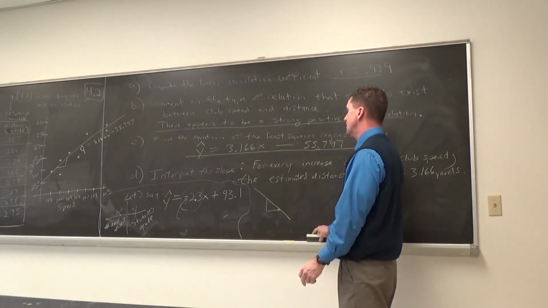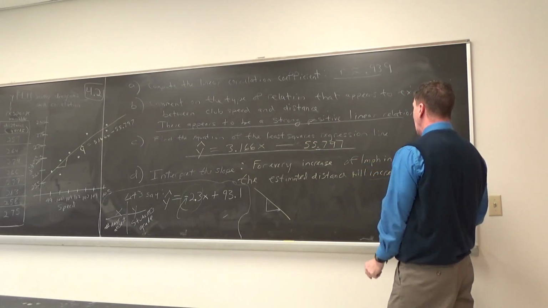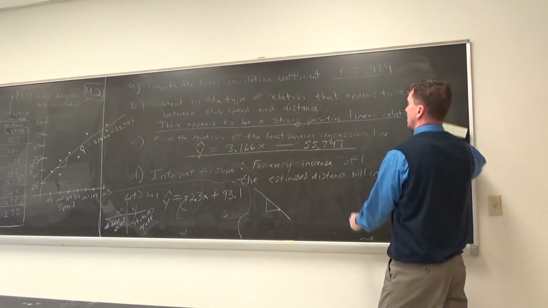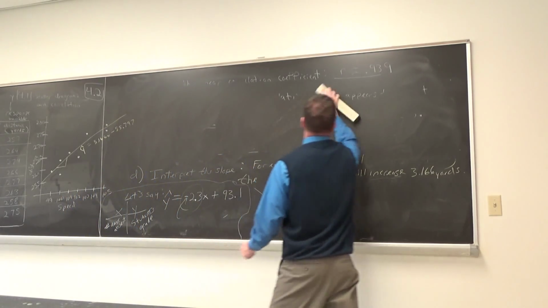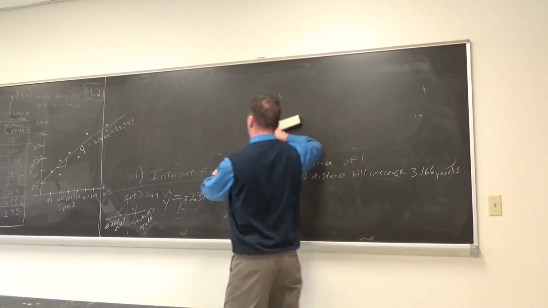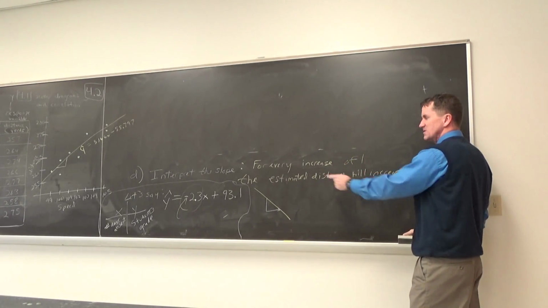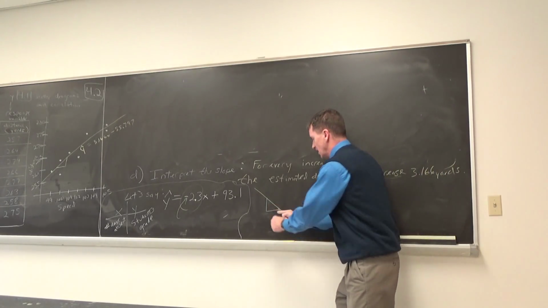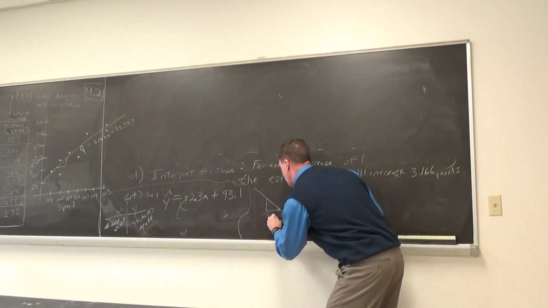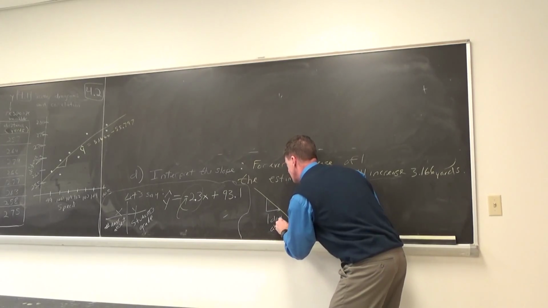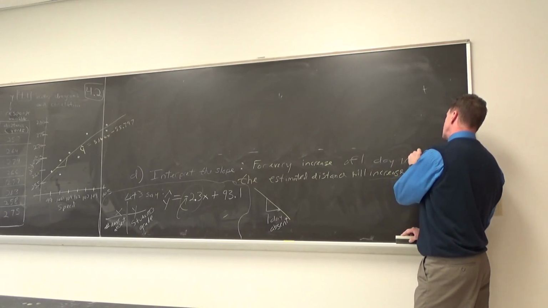So when I start out the problem, now when I'm going to interpret, can I erase the top part? So we'll just interpret the slope for this one. I can still start out with this for this problem. Interpret the slope: for every increase of 1, but what was x? What was x in this problem? There's our triangle. We're like, this was 1, but x was days absent. So when this is 1 day absent, I got to talk about this slope. For every increase of 1 day in absences, or you can just say 1 day absent,